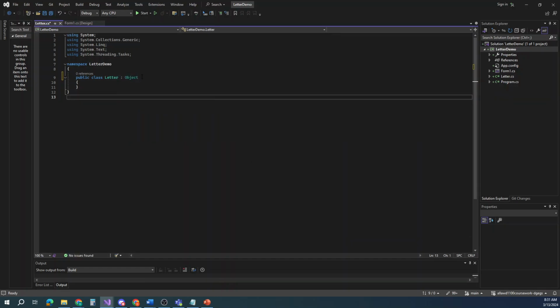But because we don't have to worry about our letter being inherited from the object, technically, because it's sitting there running in the background and it knows that's what's going on, we don't have to code for that. But we will here in a minute do something with that as we add these classes. So the first thing we got to start out with is our